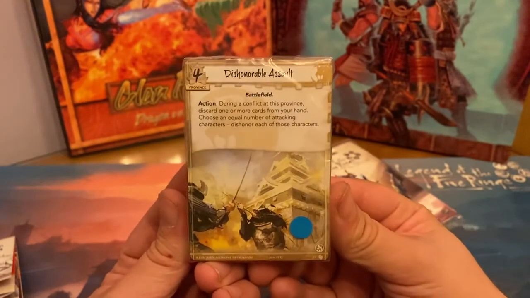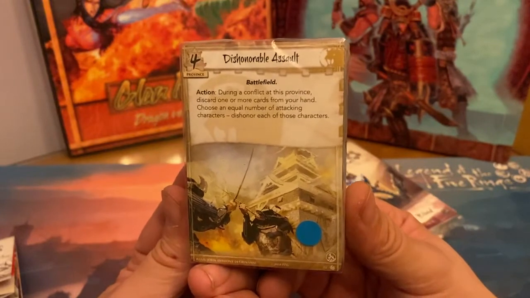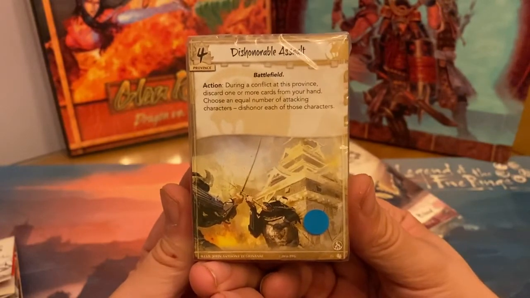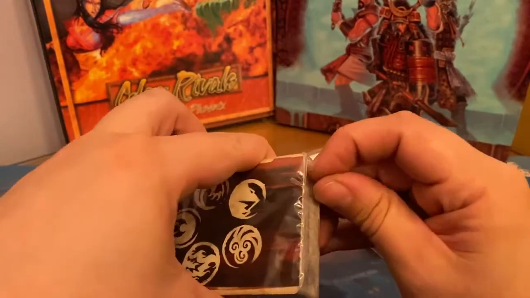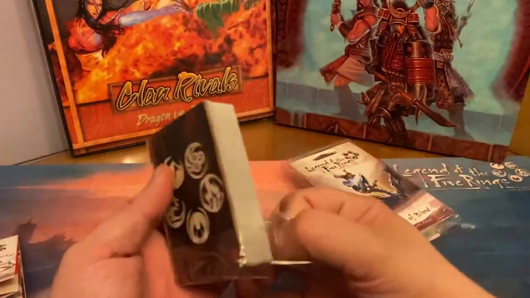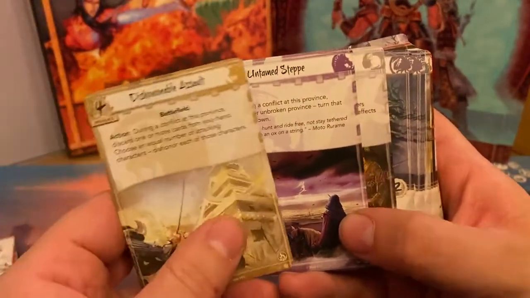It's a battlefield, province strength 4, with an action. During a conflict at this province, discard 1 or more cards from your hand. Choose an equal number of attacking characters. Dishonor each of those characters. Cool. Alright. Let's open it up here. There we go. Yeah, so we get one of this and one of this one as well and one of